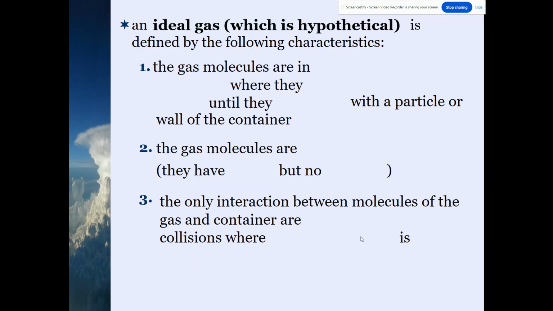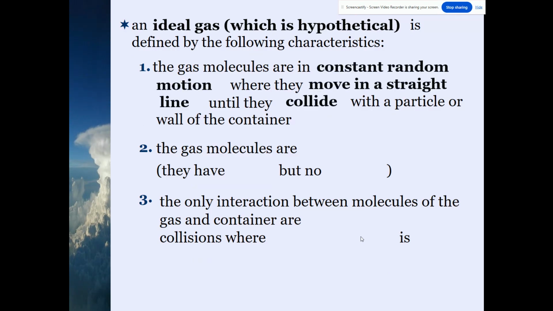So we have something called the ideal gas, which is a hypothetical theory of properties of gases that our gases under general conditions mostly follow. At the end of the unit, we'll talk about when they deviate from this hypothetical property, but for now, we're going to assume these are the properties of gases. They are moving in constant random motion in straight lines until they collide with the wall or another particle in the container. They're defined as point masses, which means they make up a mass but do not take up a